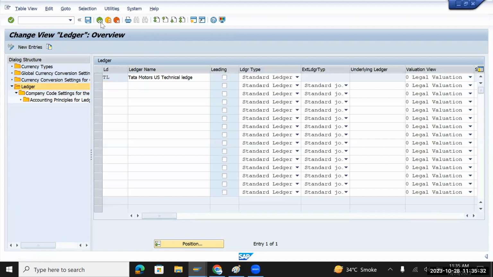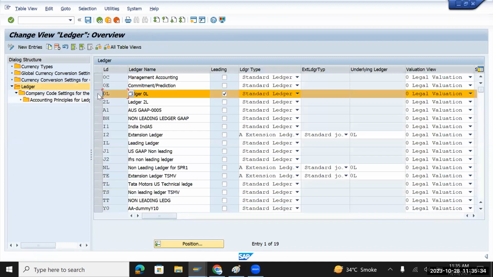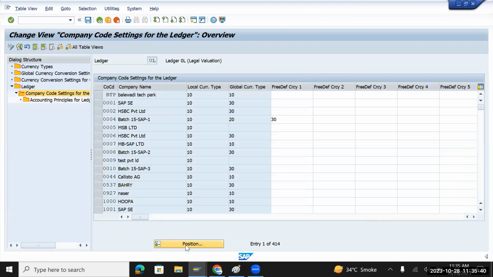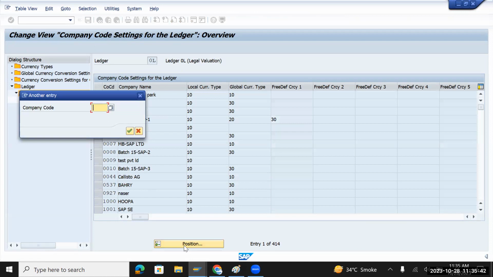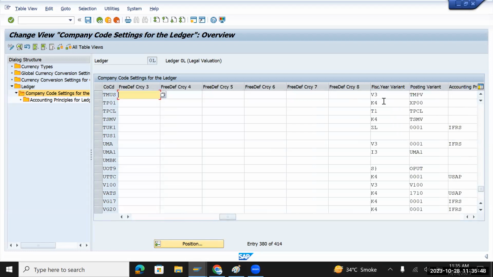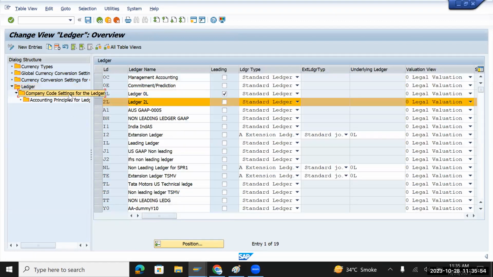I will go back and show you for 0L. You will see the same. V3 we have given for Tata Motors US. And for non-leading ledger US,